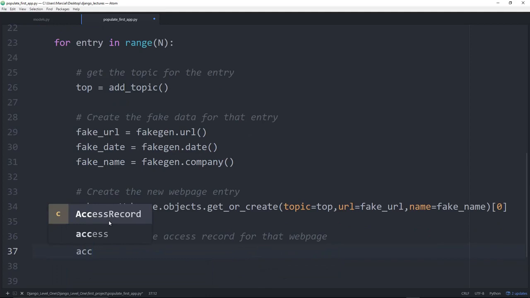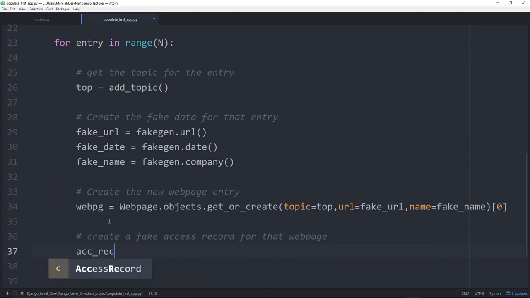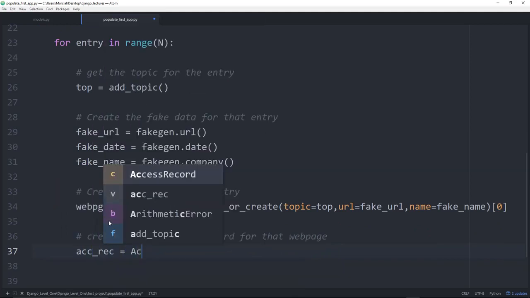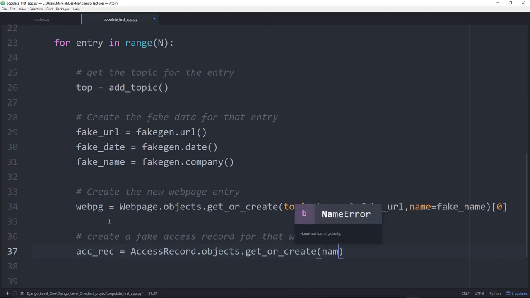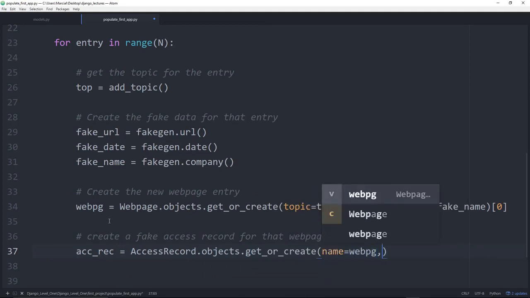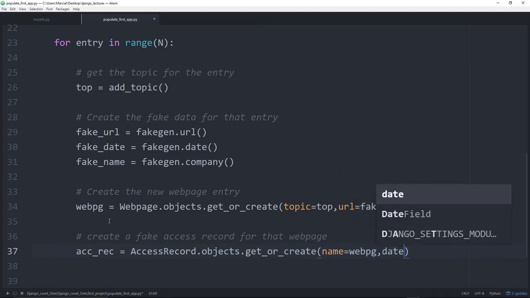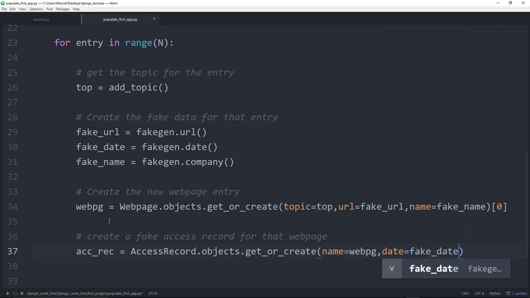So I will say acc_rec is equal to AccessRecord.objects.get_or_create, and I'll supply that the name was the web page, and then date is equal to fake_date. And again, I just want that first object. Note, this is going to be a little different on this first parameter, because if you remember back to